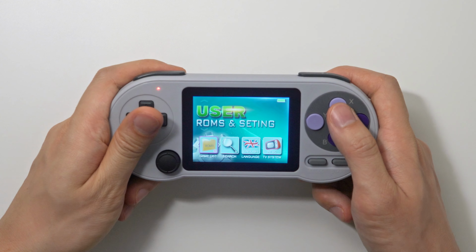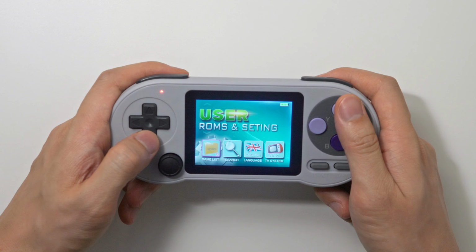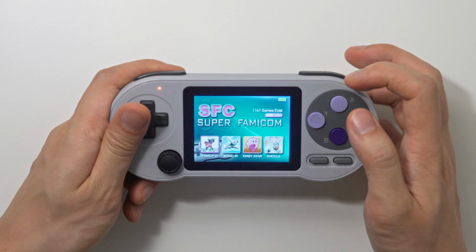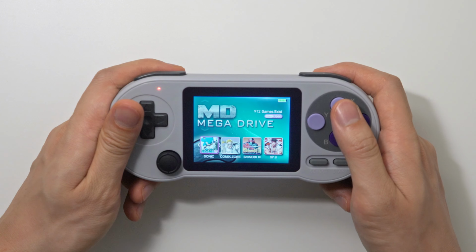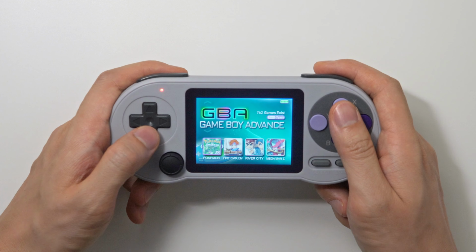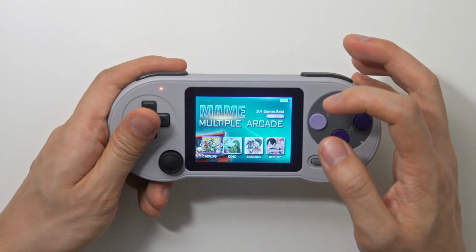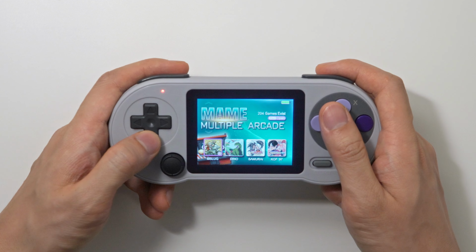So here we have the Data Frog SF2000, and out of the box you get a 16GB SD card, and it's got a few systems and quite a lot of games actually. So let's go down the list of systems. FC, Famicom or the Nintendo NES, Super Famicom or the Super Nintendo, the Sega Mega Drive or the Sega Genesis, Nintendo Game Boy, Nintendo Game Boy Color, Nintendo Game Boy Advance, and then MEM, which is the Multiple Arcade Machine Emulator. And as you can see, they come with hundreds of games per system, so let's just go down that